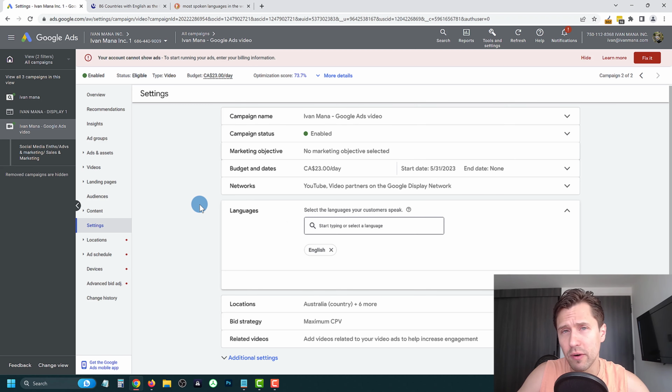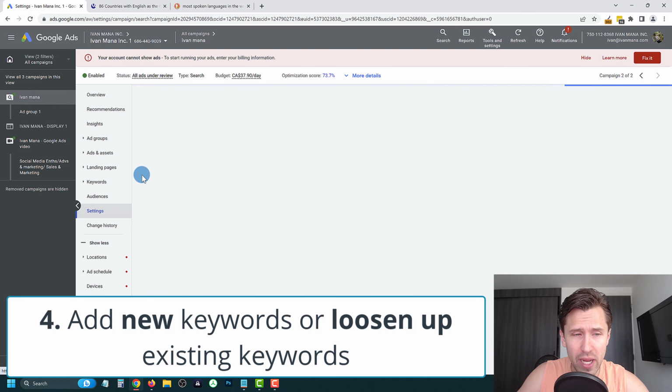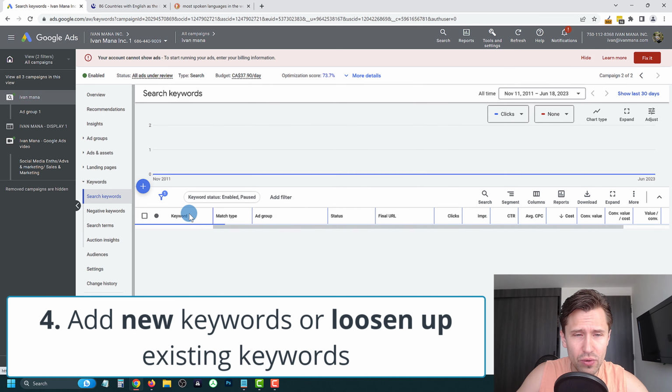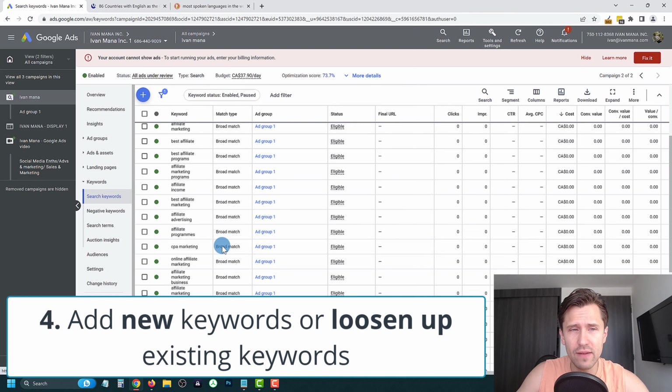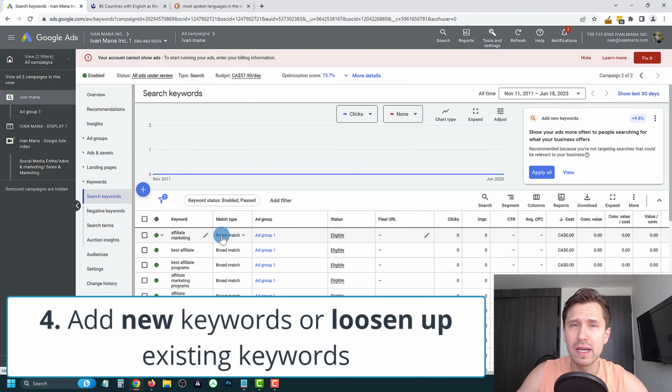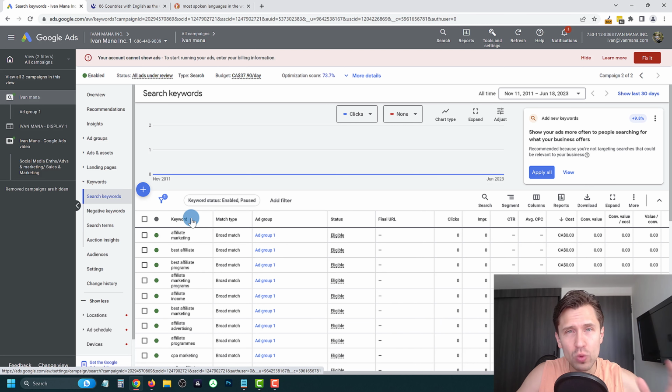Way to scale your ads number 4 is to add more keywords, or if you're really lazy, loosen up your existing keywords. So I'm talking about specifically search campaigns. If you come to search campaigns, you come over here to keywords. You can always add more keywords, guys. There's just never a limit to the keywords you can add, because I believe there's like 10% or something of completely new searches coming into Google every day that weren't there before, completely new searches, which means there's going to be a constant stream of new searches, new things people can search up for, and things that you can add